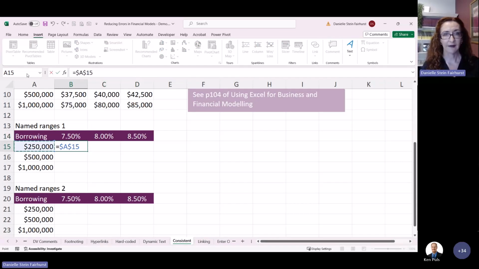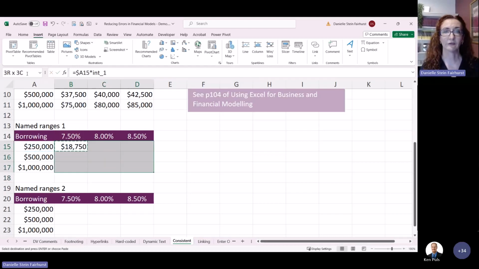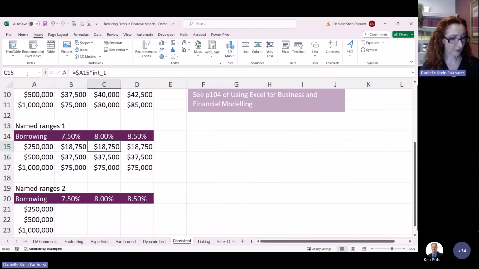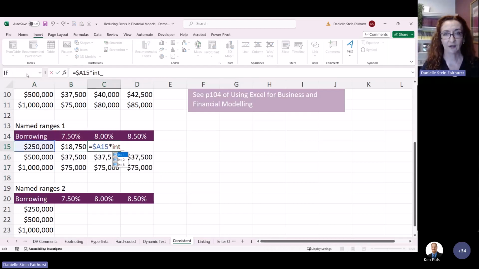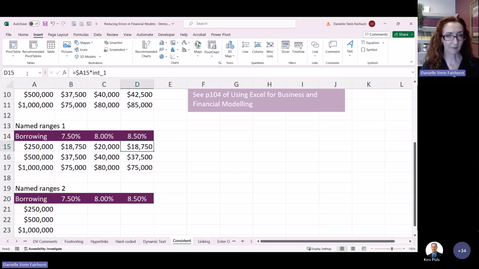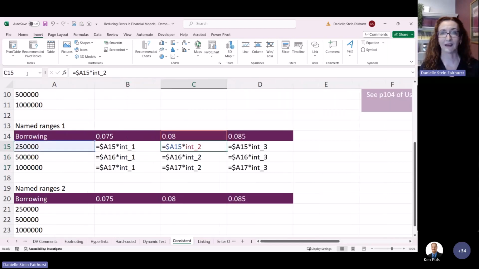You need to anchor that or use your dynamic array. And we're going to use our named range for that one. And then we copy that across. And of course, that's not going to work. So we go, oh, great, I've got to change that to the second interest rate, copy it down. And so that is just really bad. I would not recommend using named ranges in that instance. So something like that where you've got 3 different named ranges, it's just not a good idea.